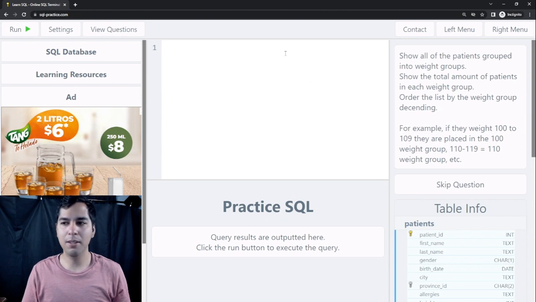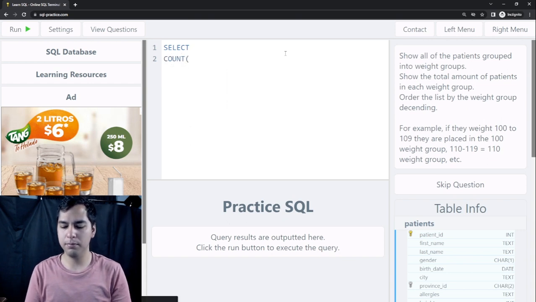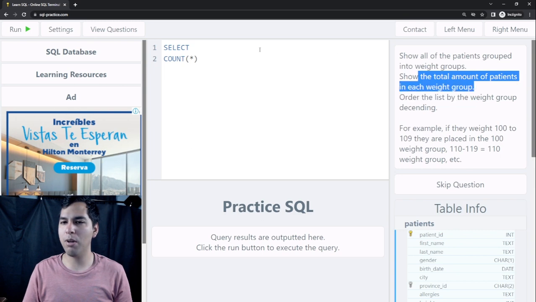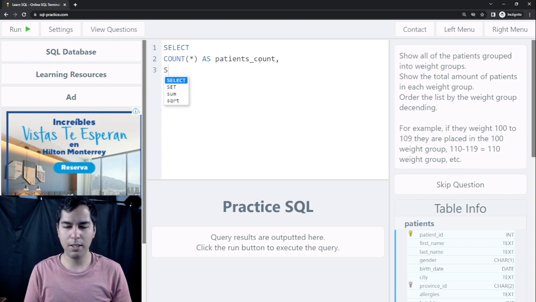So let's do that. First I need to do select, and I need to count. I will count everything because I want to show the total amount of patients in each weight group. So I'm going to count everything as patients. Then I need to select also